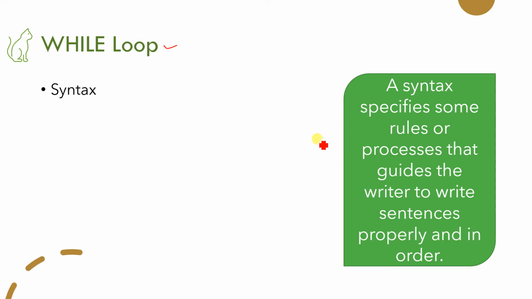We are now going to understand how the while loop is actually written inside an algorithm. See the syntax over here. The first line of a while loop will be an initialization line. What do we mean by initialization? Initialization means we have to assign some value to a particular variable. You may be confused about what a value is and what a variable is; you will soon be clear when I take an example. But understand that the first line of every loop control structure, not only the while loop, will be an initialization step.